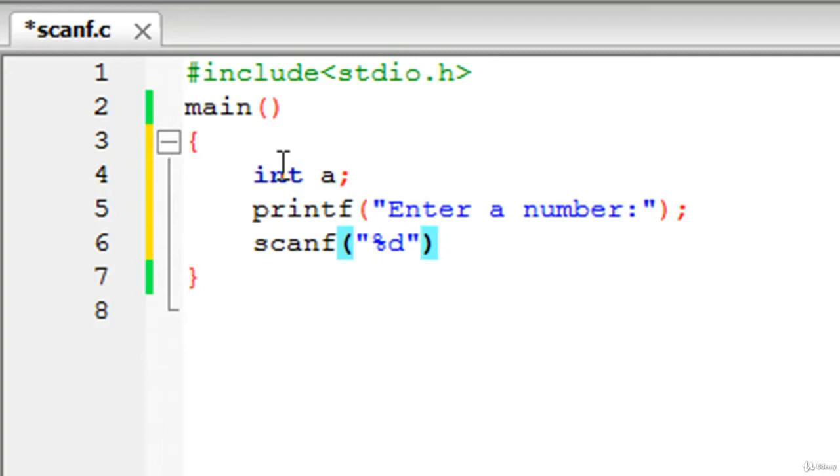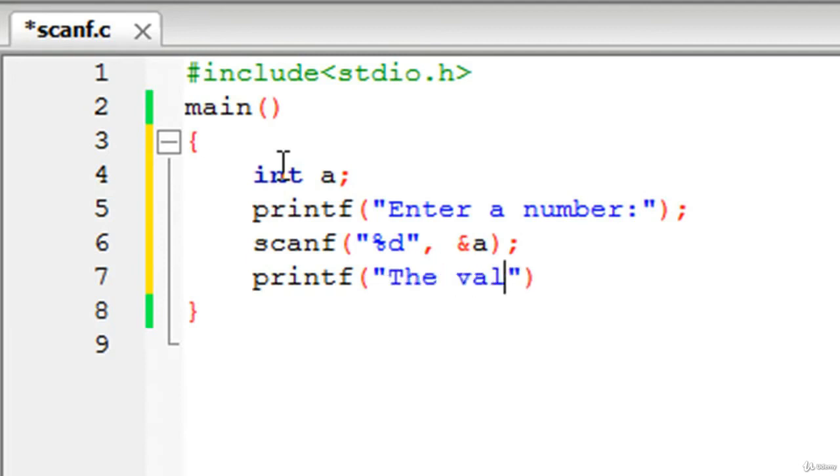The two arguments have to be separated with the comma symbol. So you put in a comma, and then you type in the ampersand symbol, and then the name of the variable, which is a, right? You put in a semicolon to terminate this statement, and now we'll type in printf again. We'll use printf, but this time to display the value that has been obtained as input. So let's first display a message like "the value stored in a is", put a colon, and then you obviously